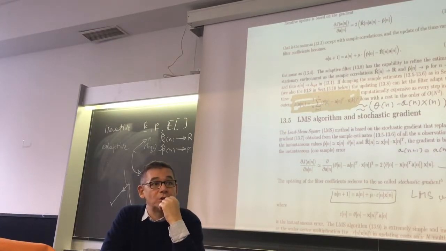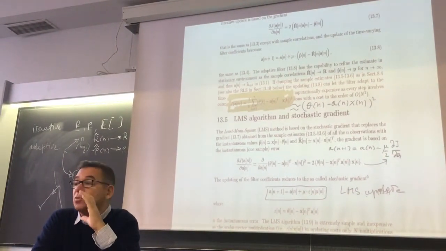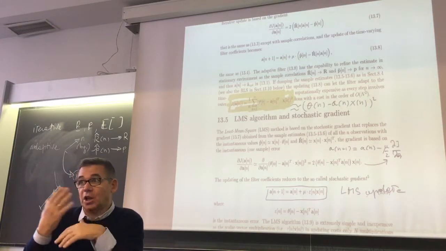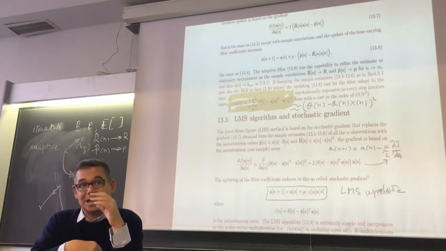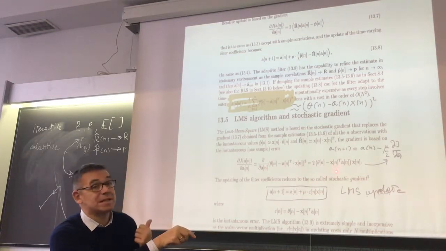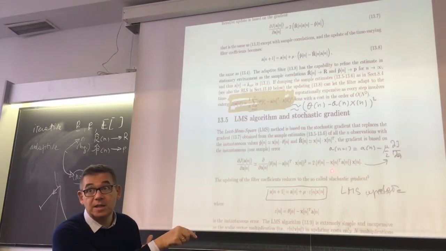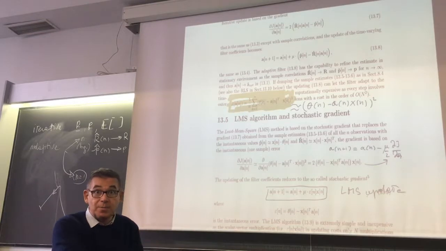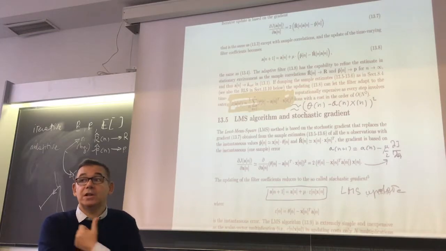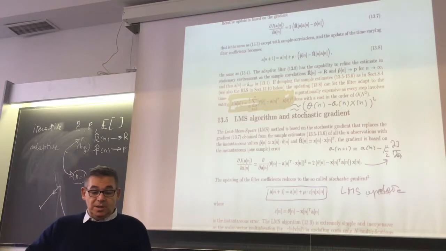This is also called the stochastic gradient. Stochastic gradient means you make small steps, which means you calculate the gradient by averaging a lot of small steps. The small steps are the instantaneous gradient calculated with one sample. You put together the instantaneous gradient calculated with one sample with the one calculated with the second sample, third sample, fourth sample, and so on. In this way, you get the gradient. So you calculate the gradient by summing instantaneous gradients and moving in the intermediate.